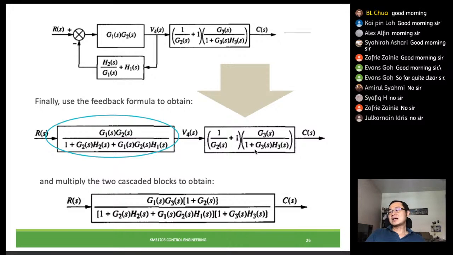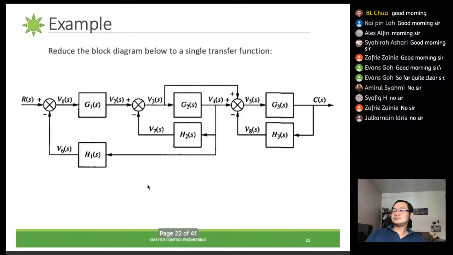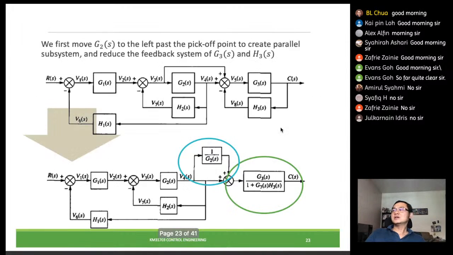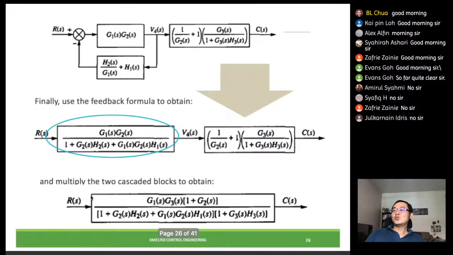When it becomes series, you will get this very simplified block, from the original form of multiple blocks, multiple loops, into purely one block with one single transfer function. So this is how we can simplify our block diagram into one single